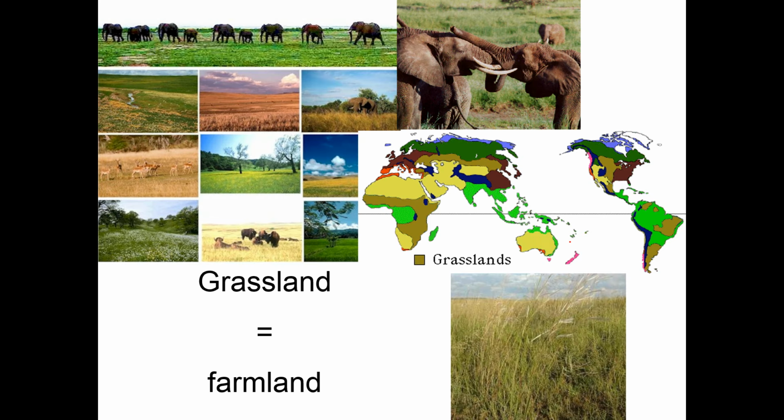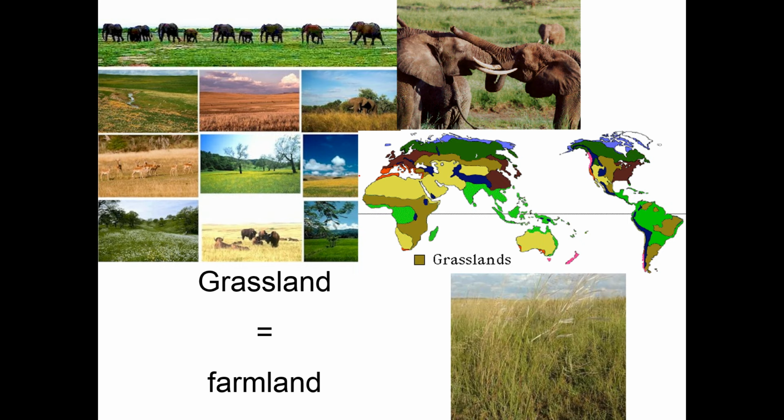So here, grassland is farmland, right? Farmland. It's called small crops. It doesn't require too much water. Okay, and it's vast areas. They can grow a lot of things without trees blocking it because trees don't grow. Okay, trees don't grow. Okay, so here are some pictures of savannas and